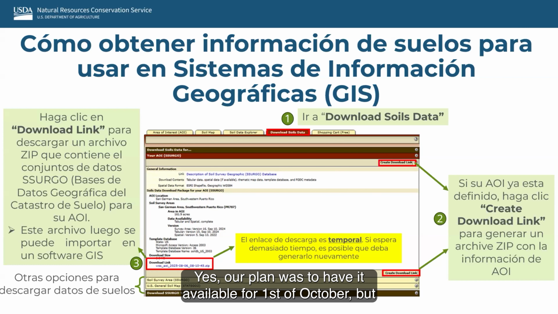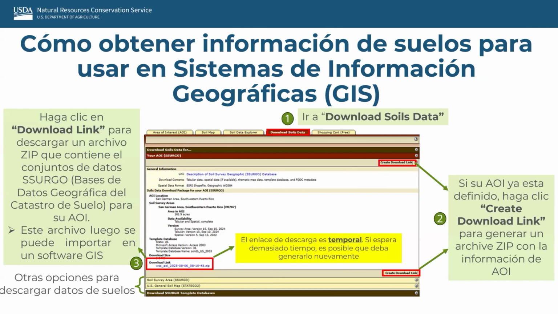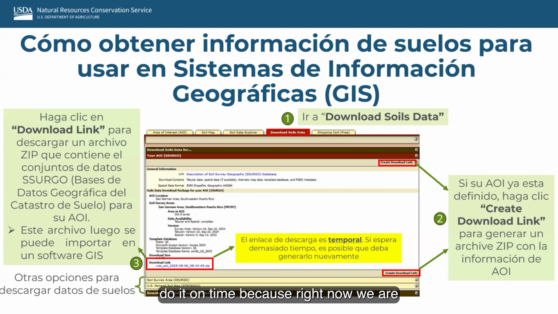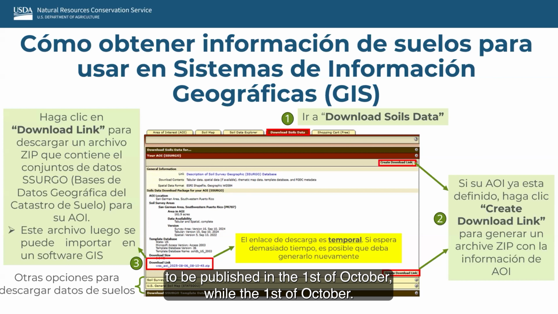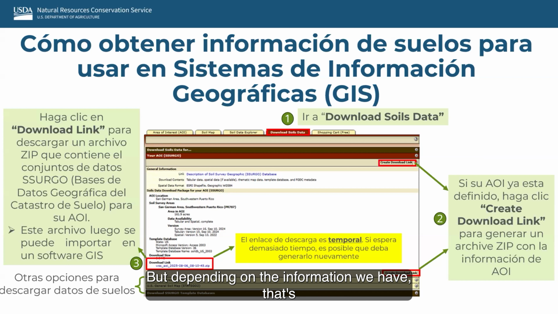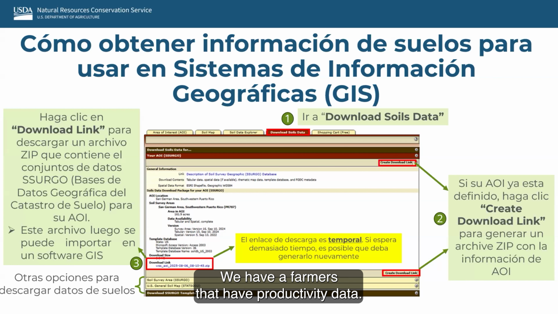Yes, our plan was to have it available for the 1st of October, but the coordination, well, we weren't able to do it on time because right now we are in the revision of the projects to be published on the 1st of October. But depending on the information we have, that's how we can do it. According to the information we have with citrus, we have farmers that have productivity data.